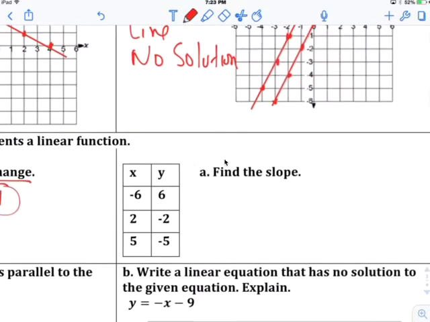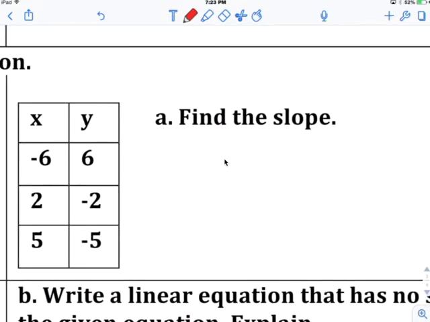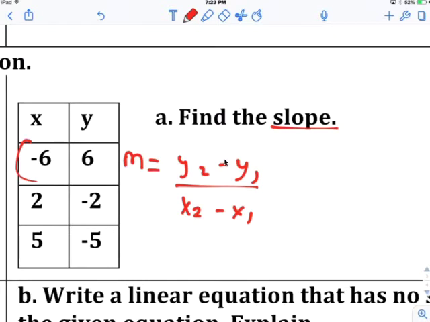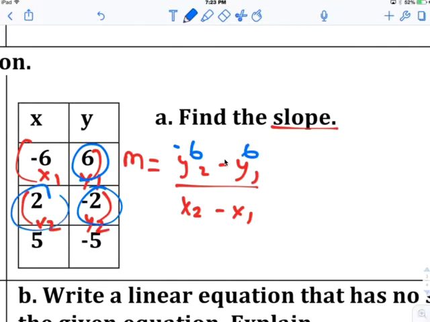Okay? Same thing here. Find the slope. Slope is letter M equals y2 minus y1 over x2 minus x1. I'm going to choose the first two. Okay? x1, y1, x2, y2. Okay? y2 is -2 minus 6. y1 is 6. x2 is 2. And x1 is -6. So this